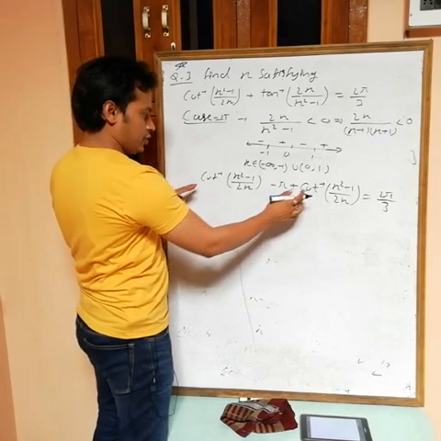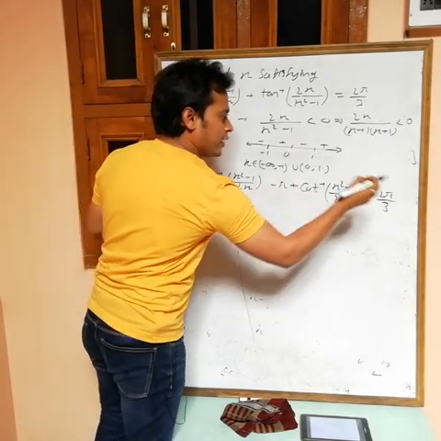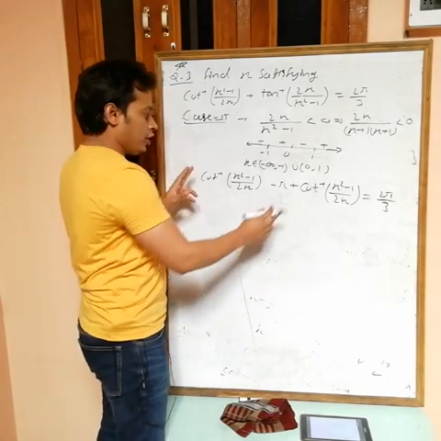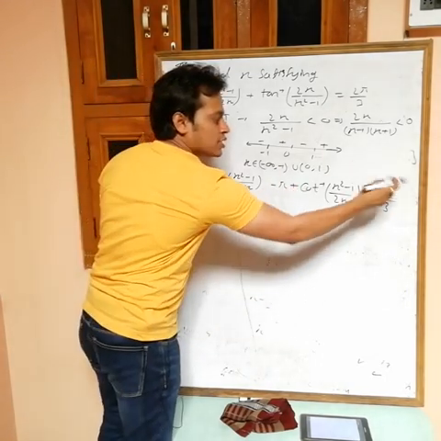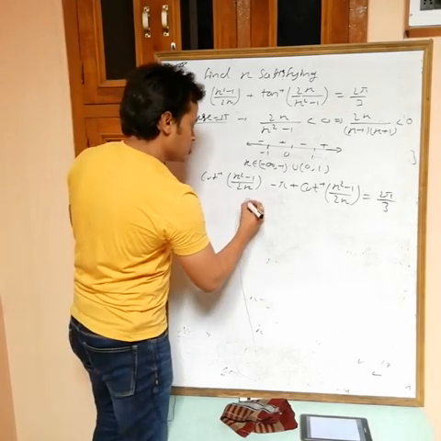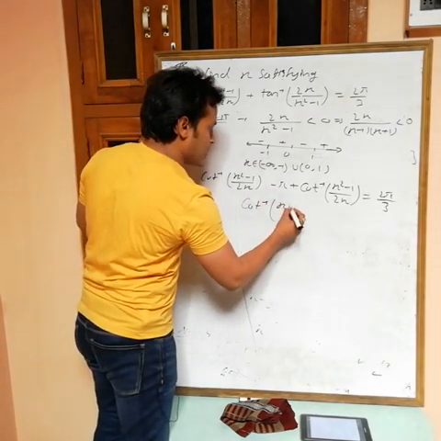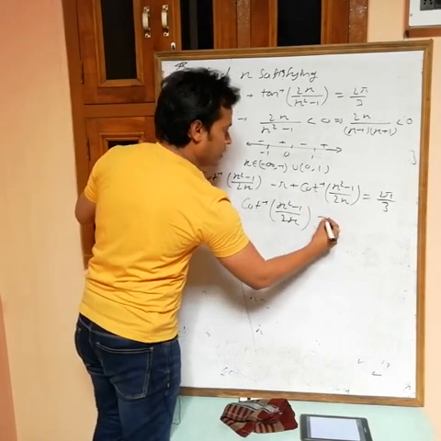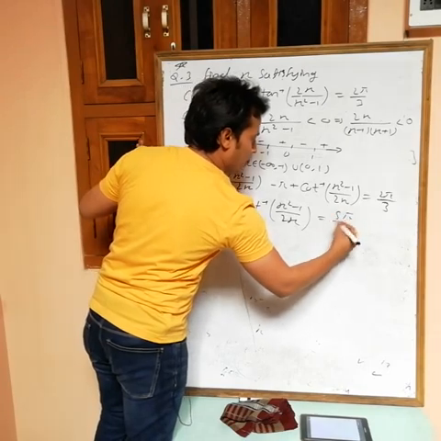Now if you solve this one, 2 cot inverse x, minus pi at this side becomes plus pi, pi plus 2 pi by 3, 5 pi by 3. So 2 cot inverse equals 5 pi by 3, then 1 cot inverse equals 5 pi by 6. So we are getting cot inverse (x square minus 1) by 2x. If you simplify this one, then you will get this value equals 5 pi by 6.